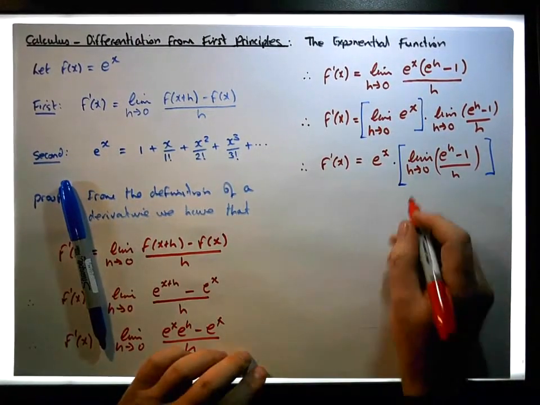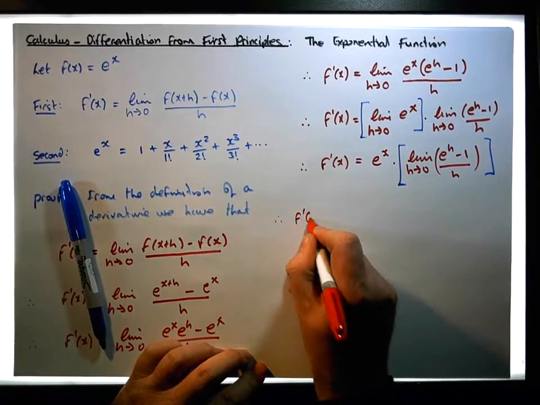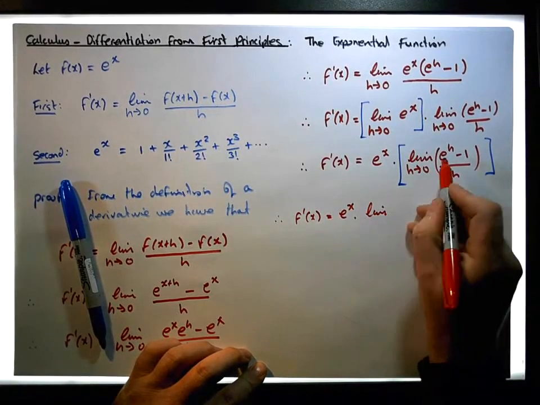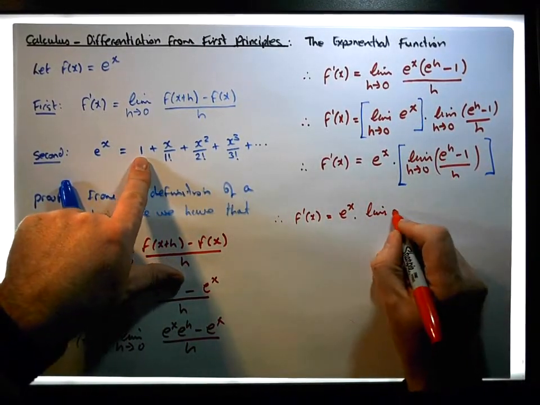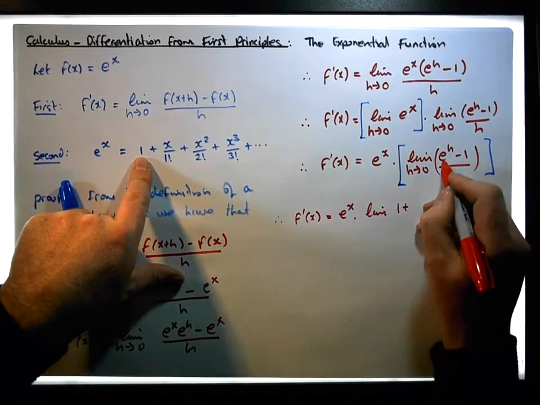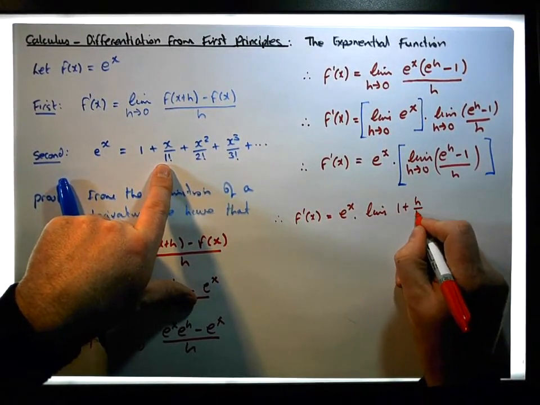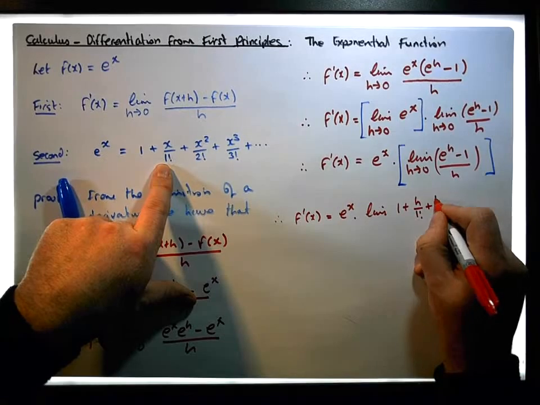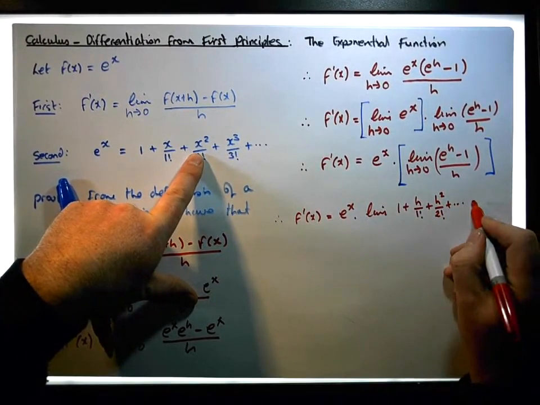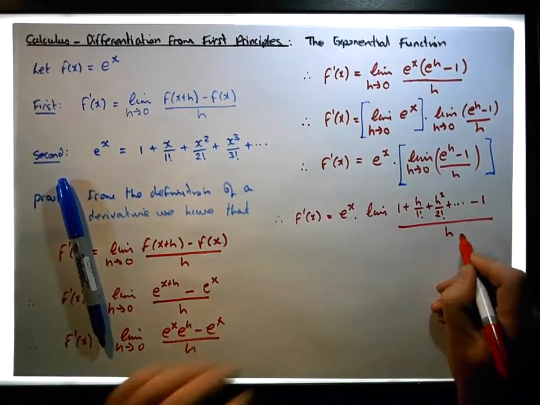Therefore we have f prime of x is equal to e to the x times the limit, and the Taylor expansion of e to the h is 1 plus h over factorial 1, plus h squared over 2 factorial, and so on. And at the end here, we're going to be minusing the 1, all over